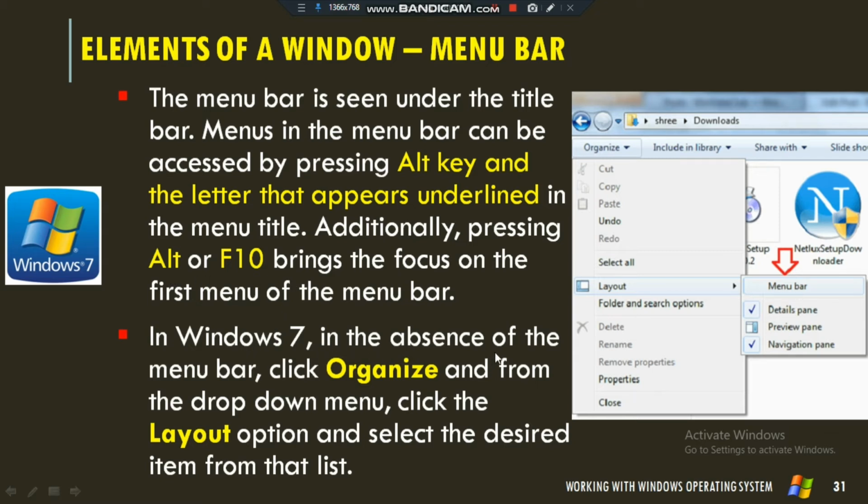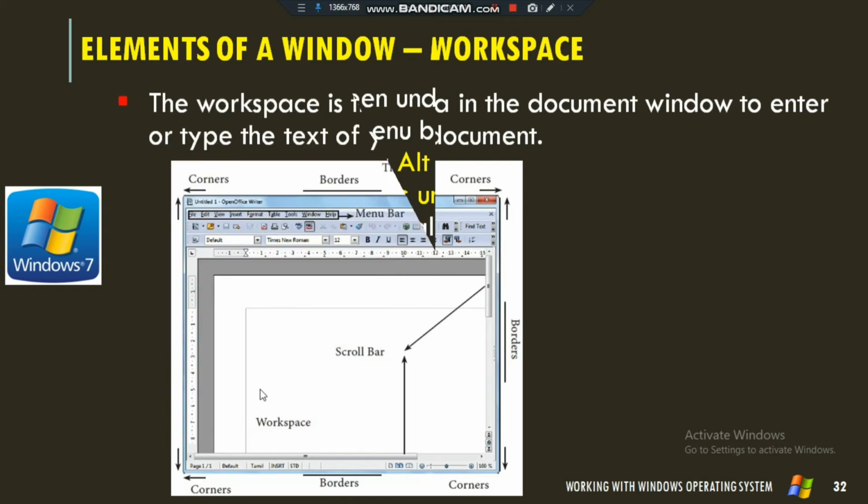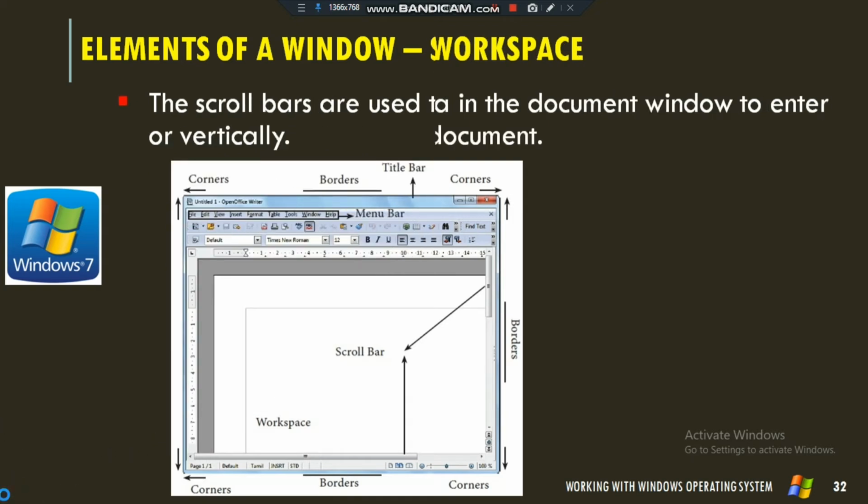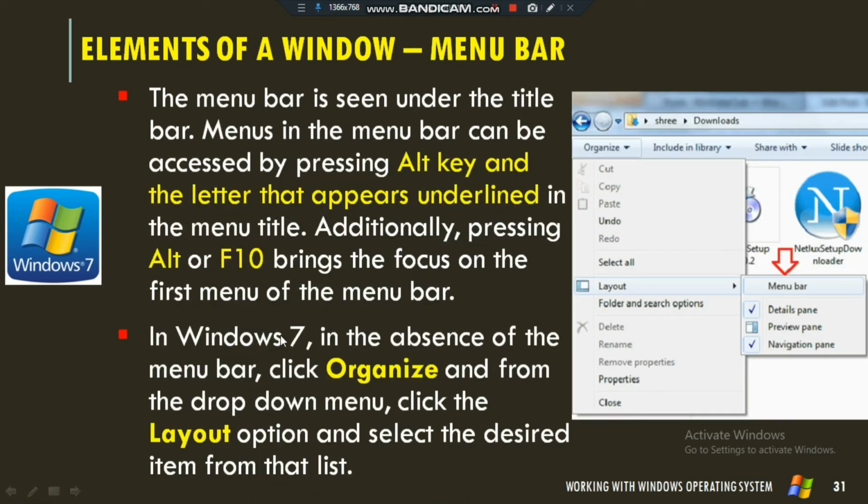In Windows 7, in the absence of the menu bar, click Organize. In Windows 7 there is no menu bar. Instead of the menu bar, we have Organize, and from the drop-down menu, click the Layout option and select the desired item from that list.